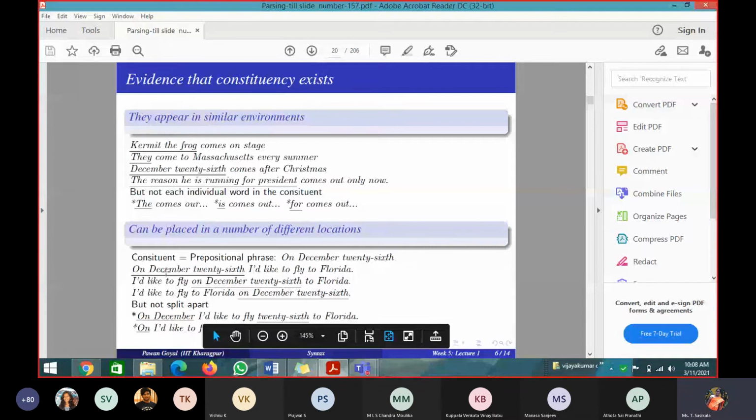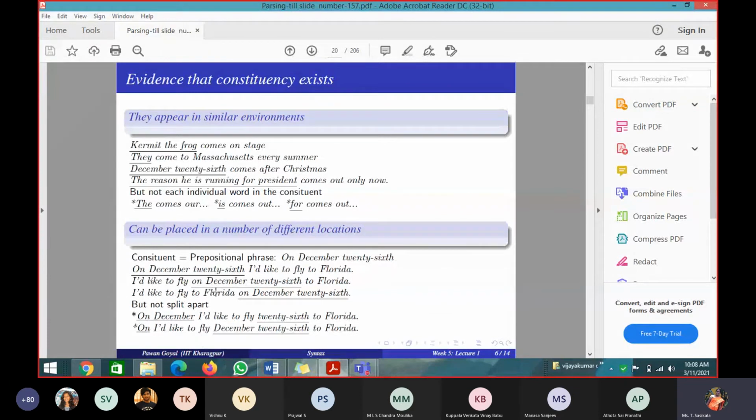So what this means is that if you are taking a phrase, that phrase can be used in any part of the sentence, but you should not change the meaning of the sentence. That is the main thing. So I am not taking a single word, I am taking a group of words. That group of words only you have to use in different places. You cannot split the words of the phrase.